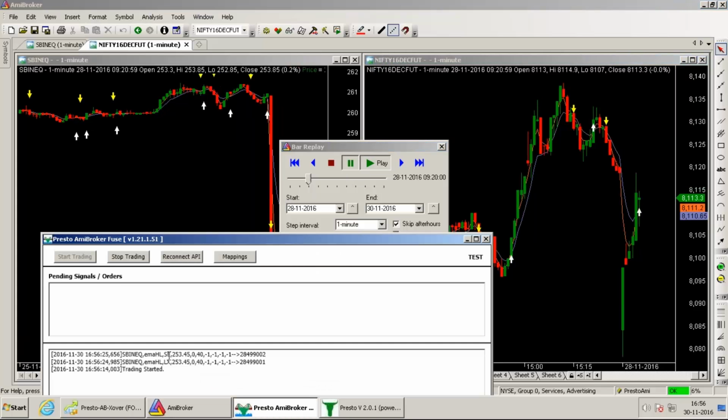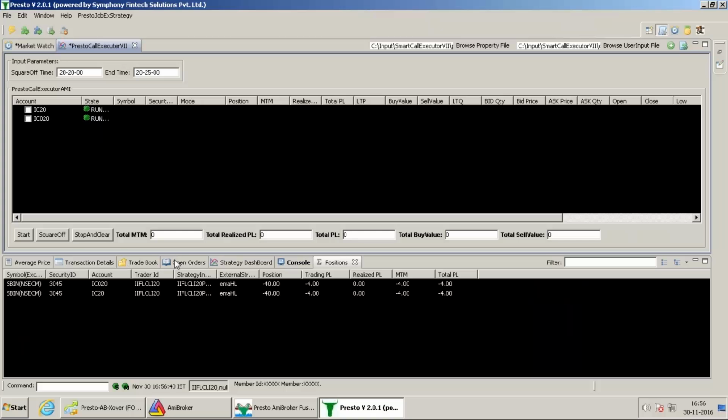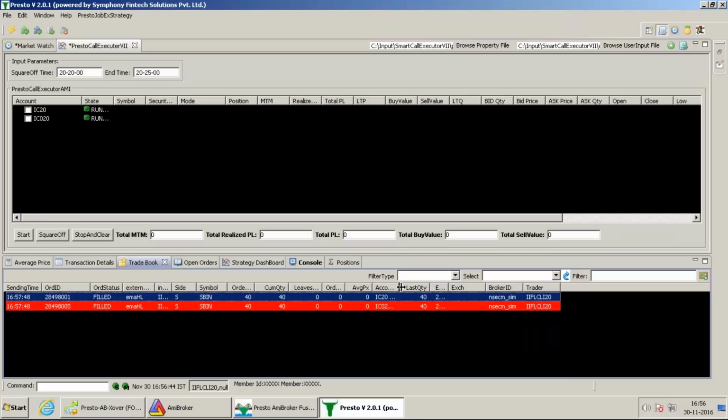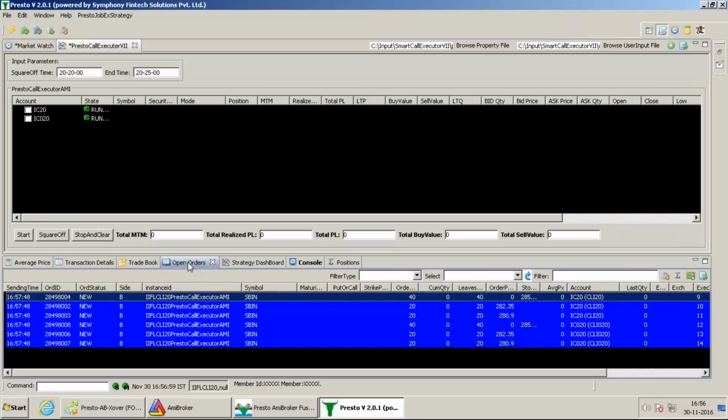As you can see, some triggers have come, a short entry has come in SBIN. So these orders or trades have taken place on the SBI short side in 2 client accounts. Here we have mapped 2 client accounts. So based on a single trigger, your multiple client account orders are going here. Okay,